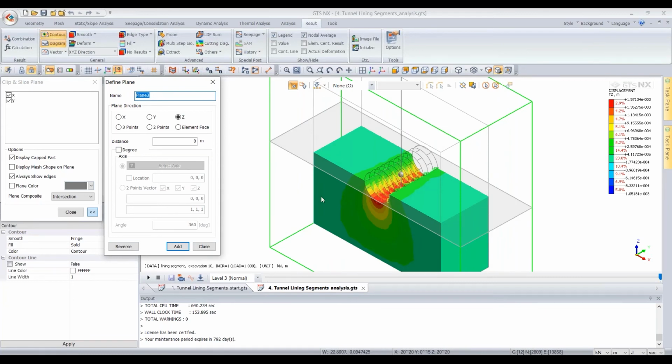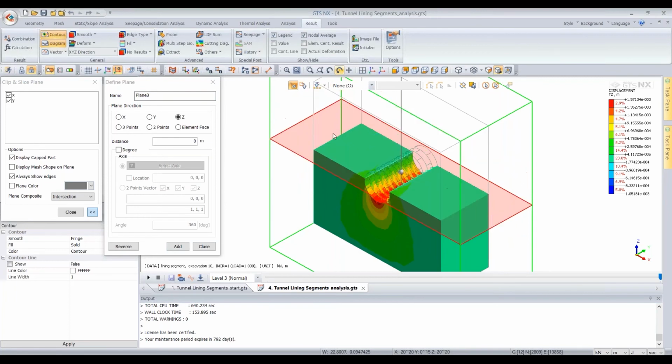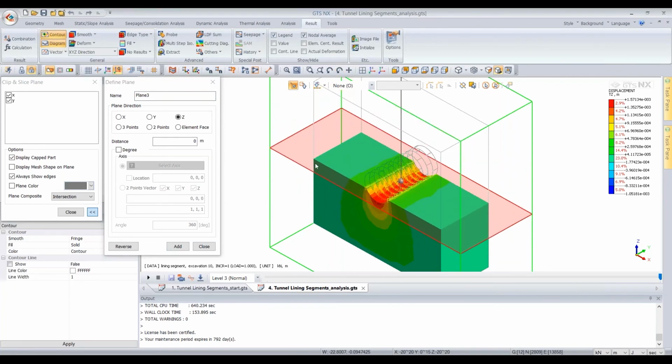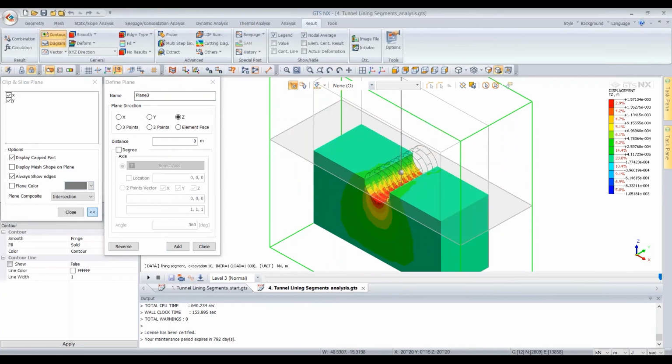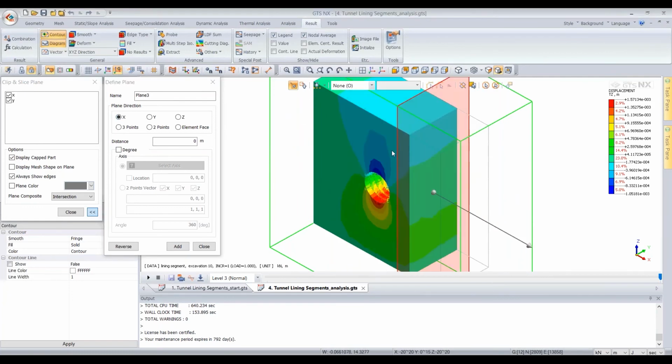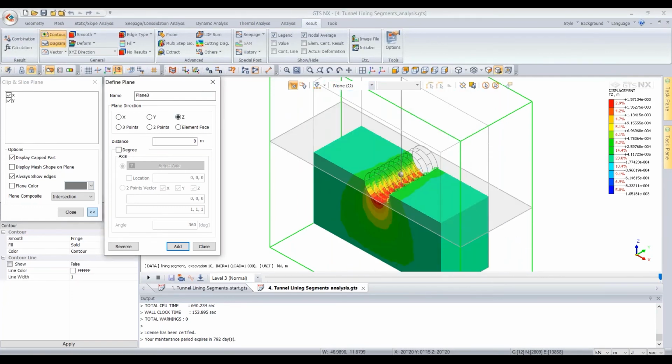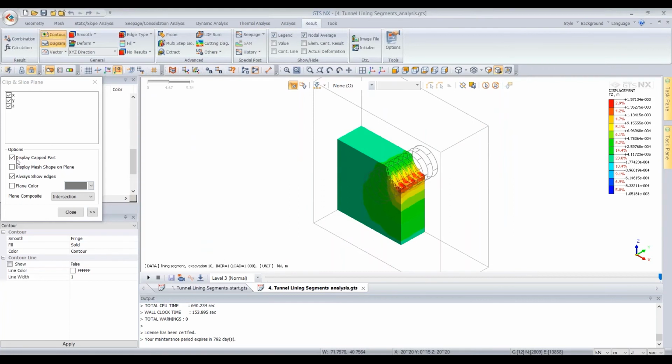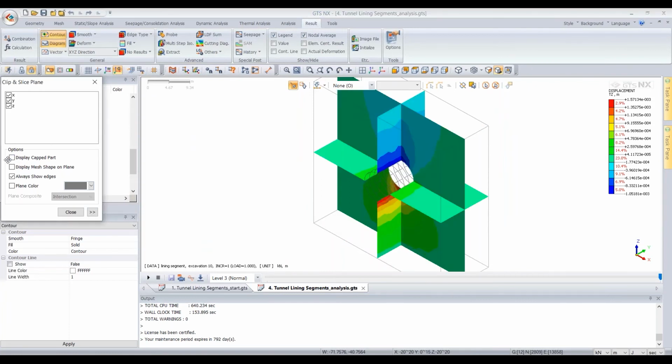Of course, you can change the section by mouse dragging, or you can directly input the distance in here. Again, X direction as well, and the Z direction. If you click add and close,